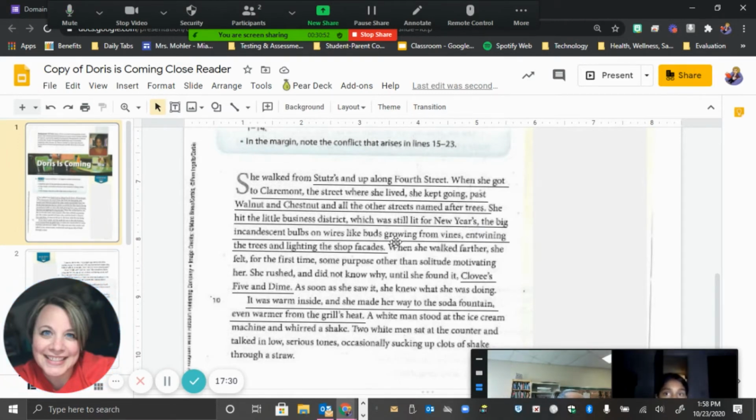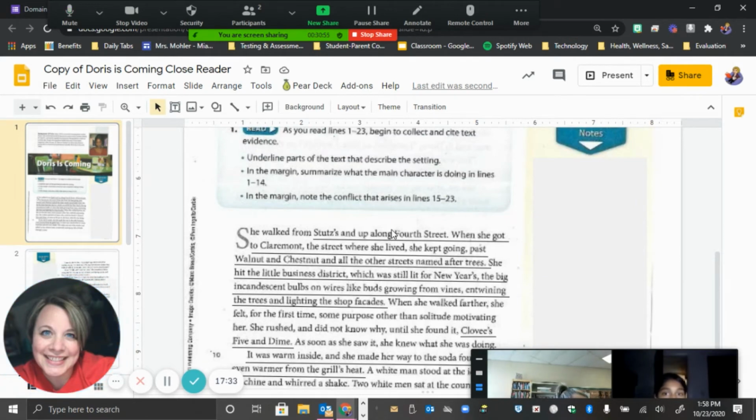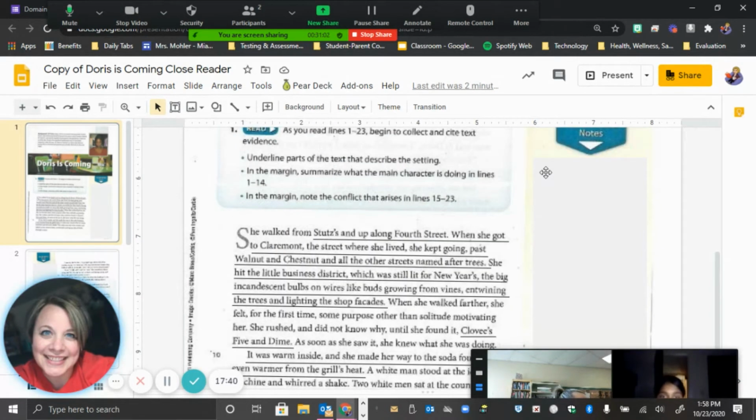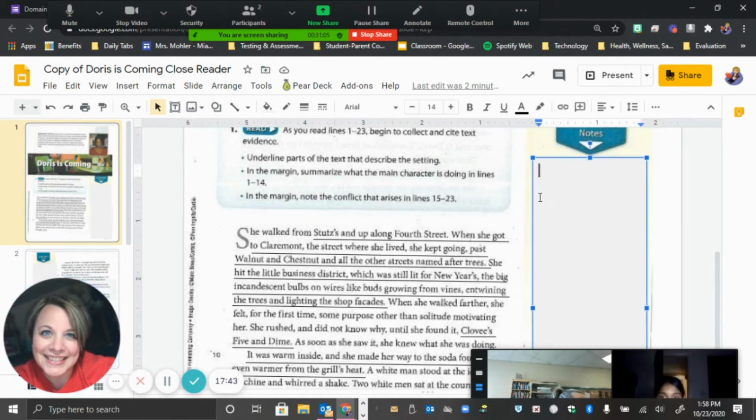Okay. So the next step is to summarize what the main character is doing. Well, we have a text box here. There we go. So the main character, and when we do this, we want to talk about three things. Okay? Guess what? Setting, characters, and what else? Thank you. So to summarize, our main character